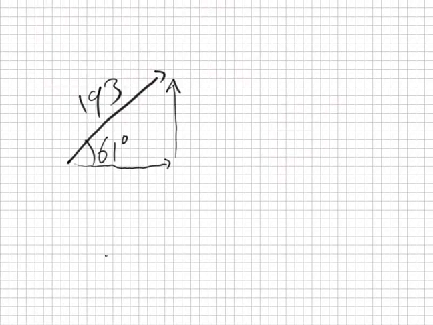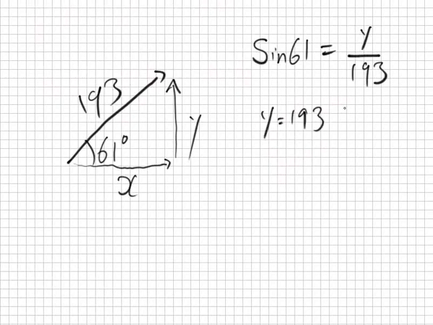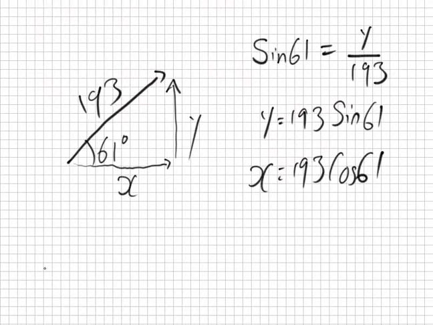Now, if you think about it, this is really just semester 1, because if I call that x and I call that y, you can say sine 61, what would that equal? What fraction? Y over 193. So y would equal 193 sine 61. And likewise, x would equal 193 cos 61. So therefore, this vector here, I'll call it